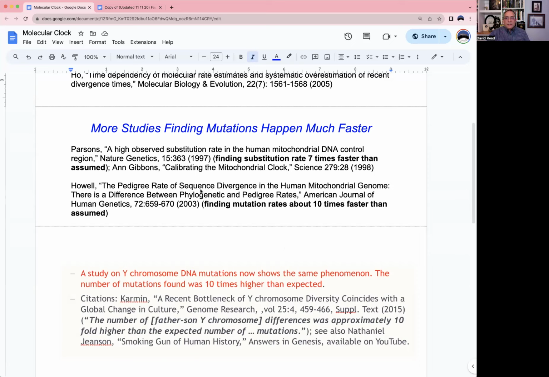Now, I'm going to address one other thing too, which is that even if you did keep the slow mutation rate, okay, so even if the evolutionary slow mutation rate were correct, it would still be highly unreliable and wrong to use it for dating. And I'm going to show you why. And to do this, I'm going to make it more simple, I'm going to use a die. So this is a 6-sided die. All right.